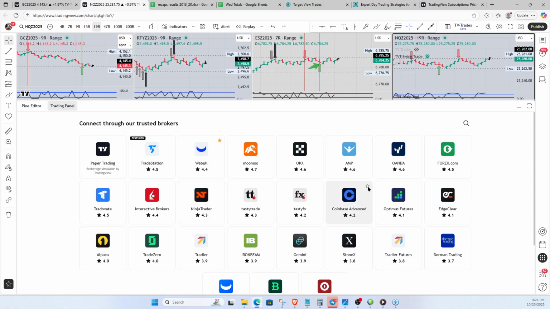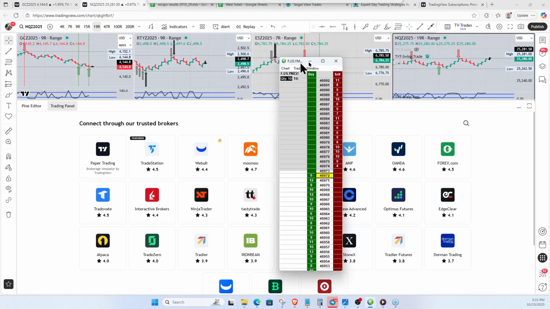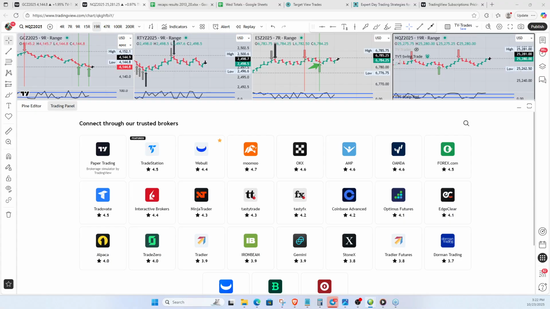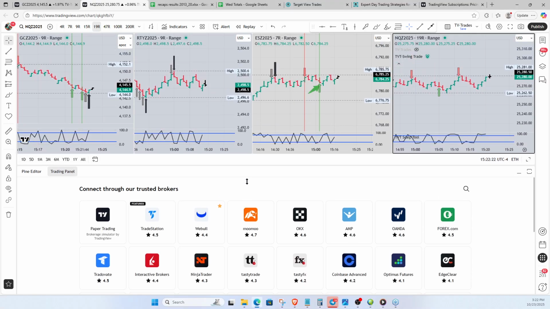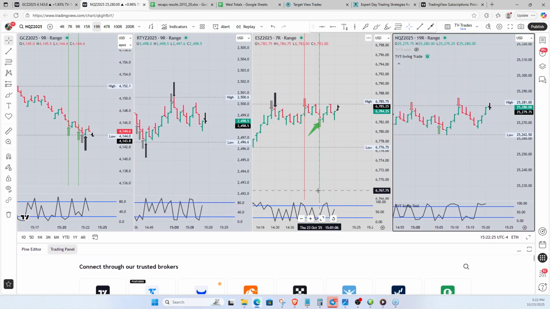Now I use StoneX, but my problem is because I trade on Sierra DOMs, and I do Sierra through StoneX, I can't do automated stuff that goes to StoneX. I can't use StoneX down here. One of the things I was thinking about doing, I really don't want to do it this way, but I could recreate the whole thing on TradeStation. And TradeStation is a brokerage and a charting platform. That's how I used to do it years ago.